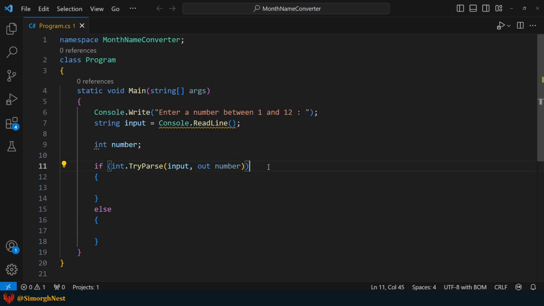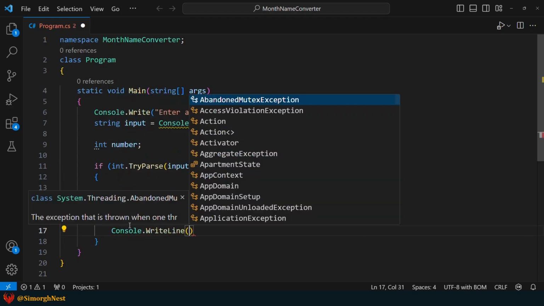If the conversion is successful, the converted value will be assigned to the number variable, and the code block inside the if statement will be executed. In case the conversion fails, the code block inside the else statement will be executed. Here, let's display a message to guide the user to enter a valid number.